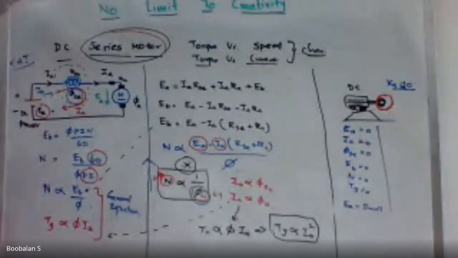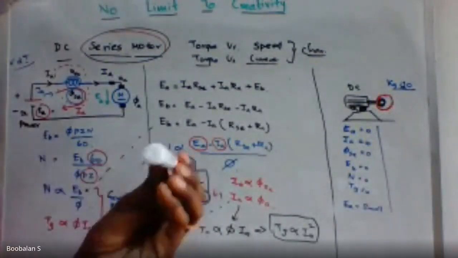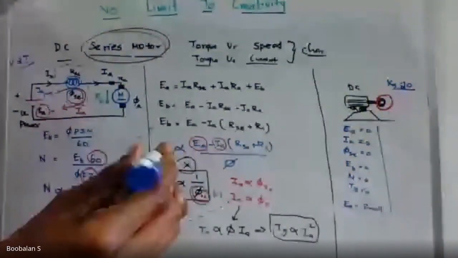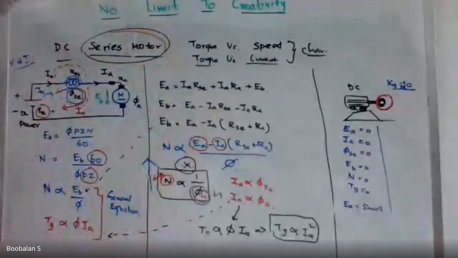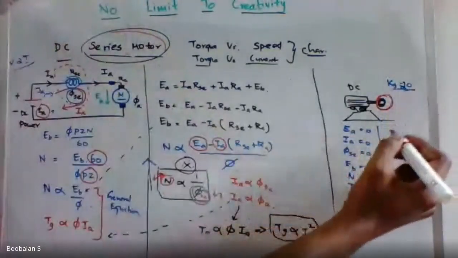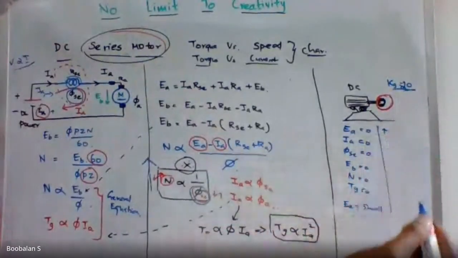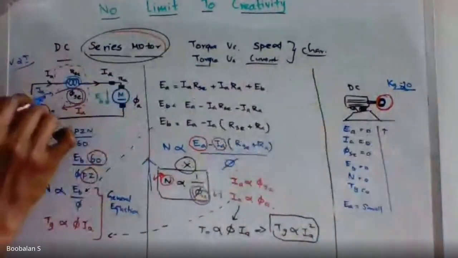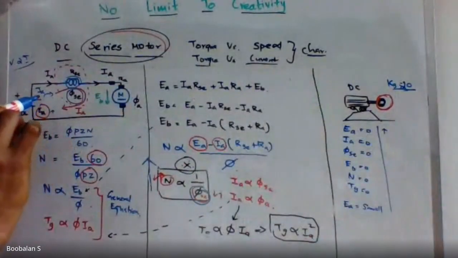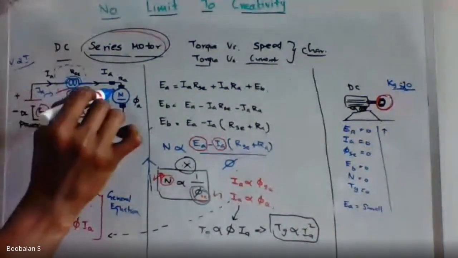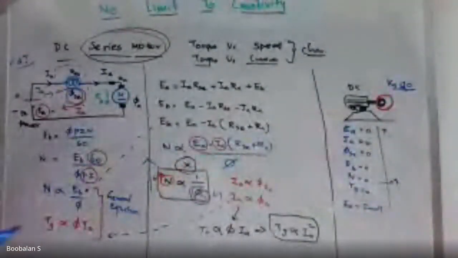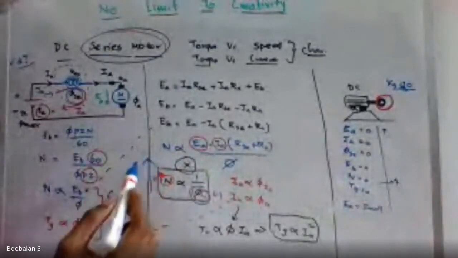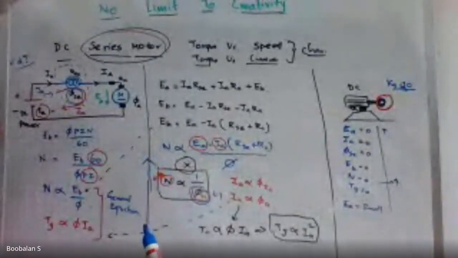We apply 10 to 15 kg on the mechanical rotating part, that's my rotor. Before starting the motor, I hold it with a 10 kg load. Now imagine 20 kg is applied, and I increase EA a little. The small IA current flows and the motor starts to rotate, but as I said in the first case, the motor will not jump from its bed and run away. Let me explain the reason.